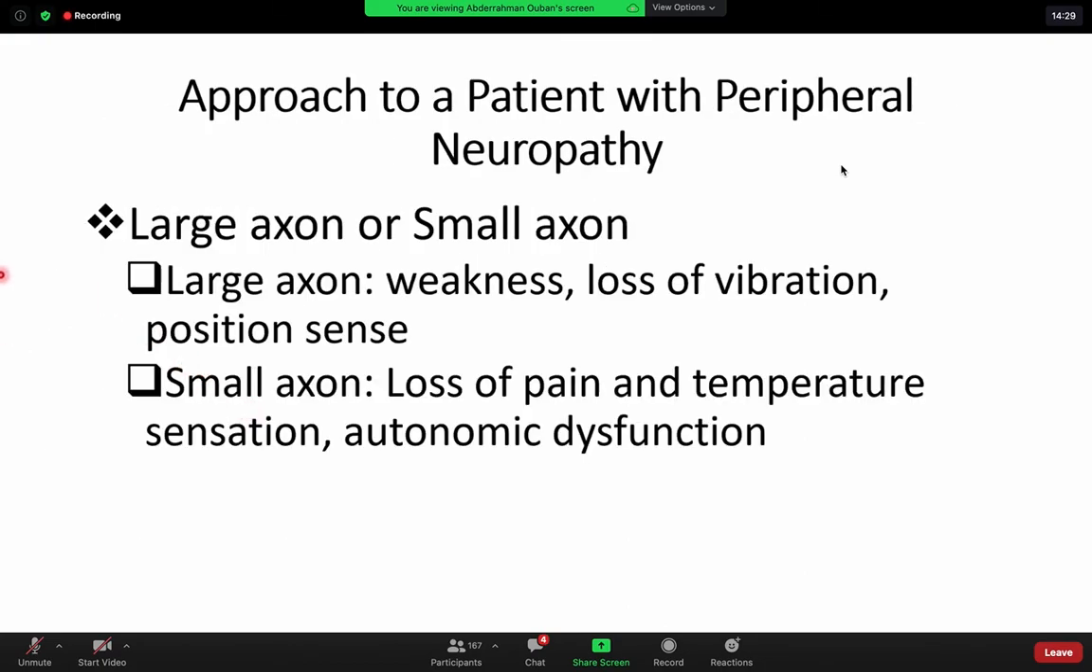The clinical exam is going to distinguish for you between large versus small axon involvement. Why is that? Because the large axons are involved in weakness, loss of vibration and position sense, so motor, loss of